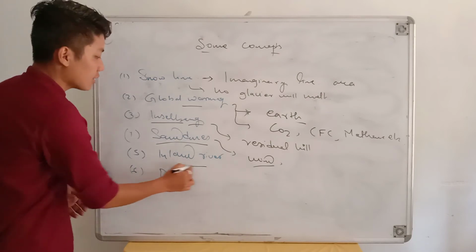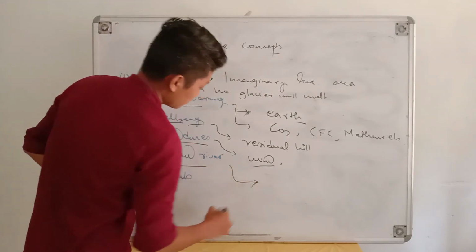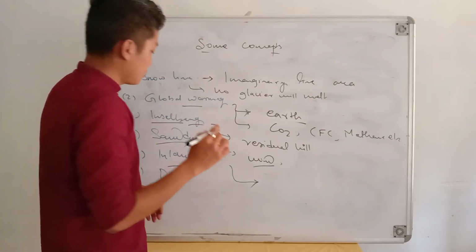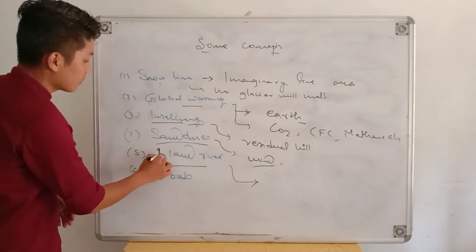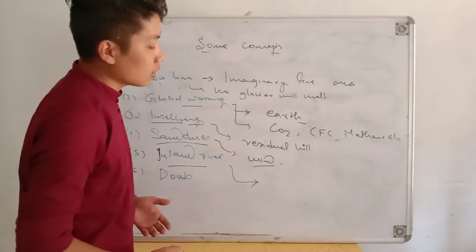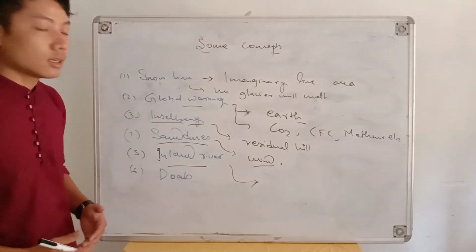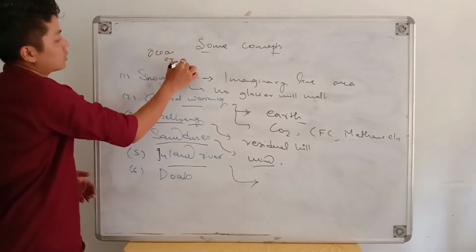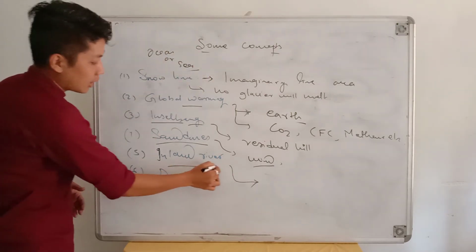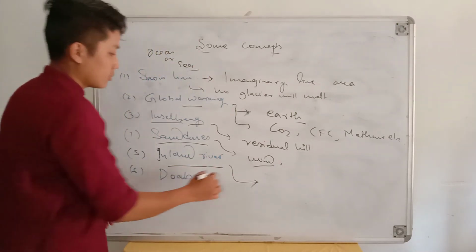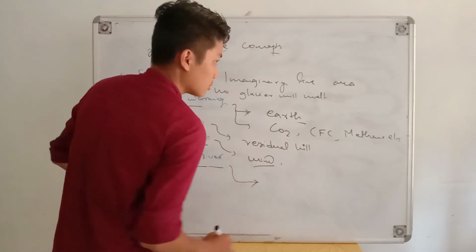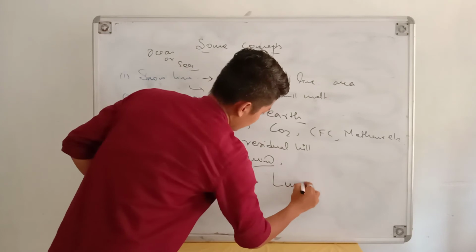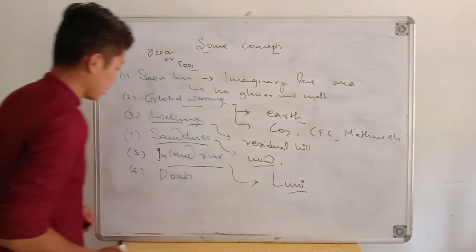Next is inland river. It is a river which originates in the land and finishes in the land. Generally, all rivers which originate on land tend to meet the ocean or sea, but an inland river ends on the land only. For example, Luni river is an inland river in India.